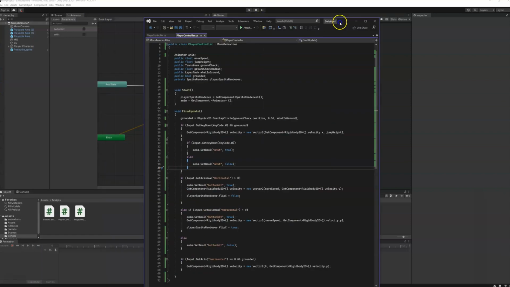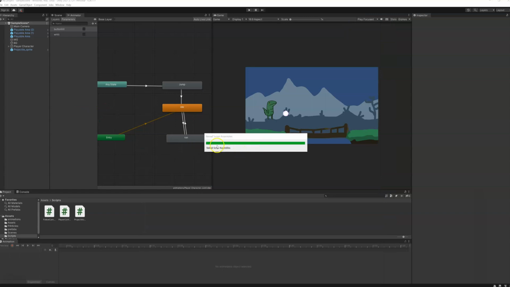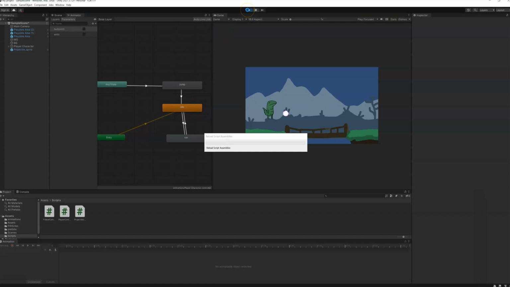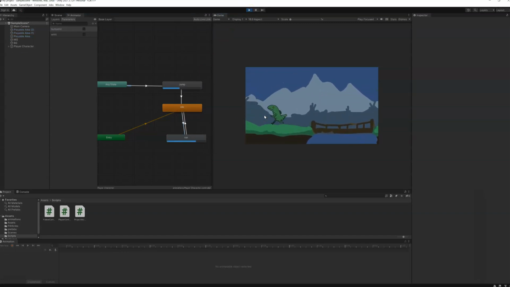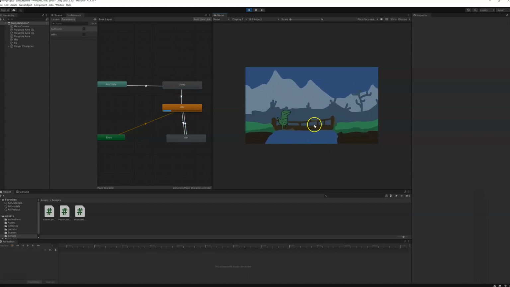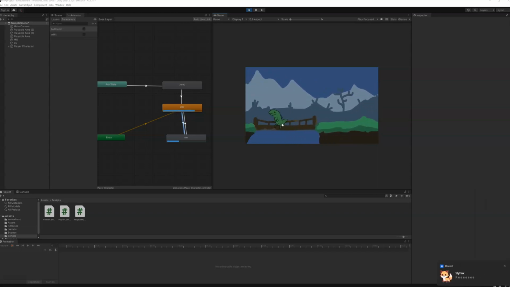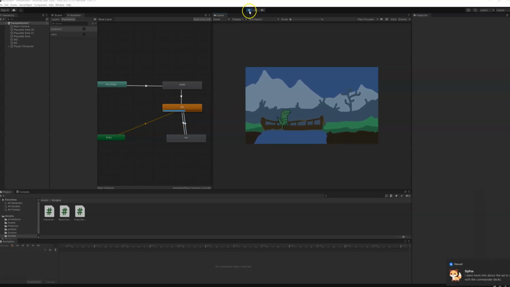So we save, back to Unity, let it update, and press play. Let's see what we got. So we're moving back and forth, and when we jump, it runs through the jump and then back into idle. So this is working as we want. So now what we could do is adjust the animations to work a little better. So if you want to adjust your animations,